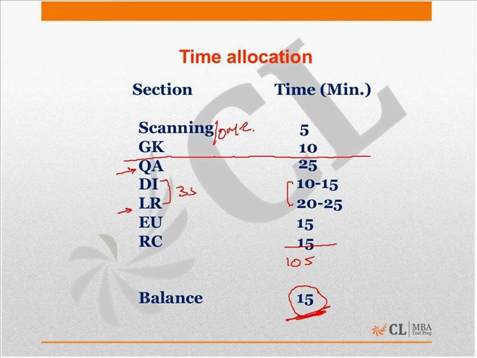Now, some of you may not be very comfortable with going back and forth. In 15 minutes I may not be able to do much. In which case, if you want to do the paper in one shot and not worry about these 15 minutes at all, scanning and OMR etc. will still take you 5 minutes. Don't worry about it. GK I'll still say takes 10 minutes. If I have to give 5 minutes extra, I would want to give it to LR. So if you want to fix the time, LR is the area where you should look at giving 30 minutes, DI 15 minutes,